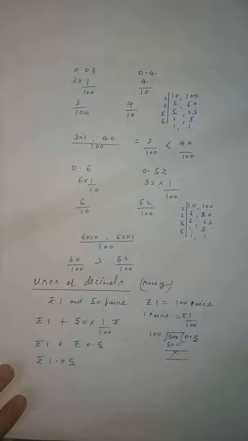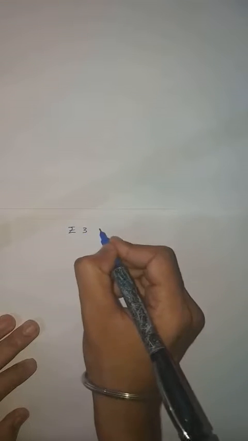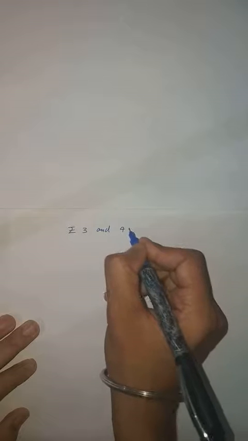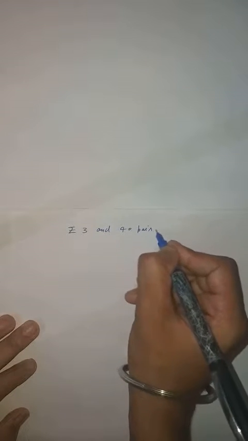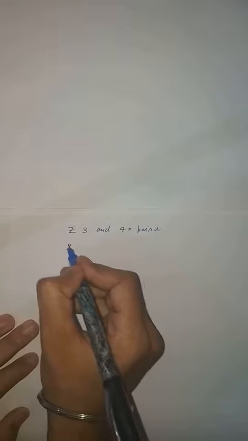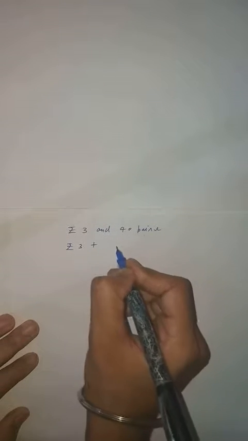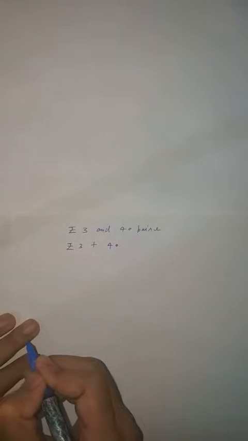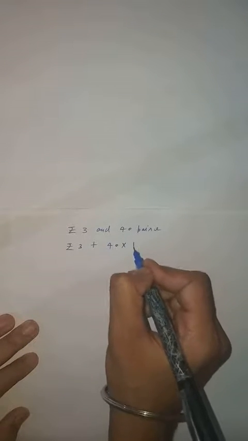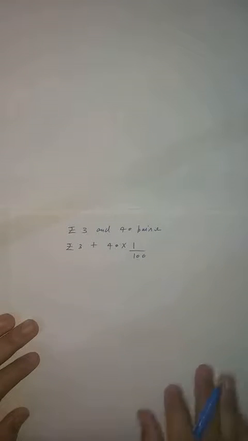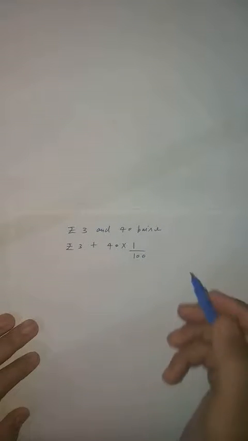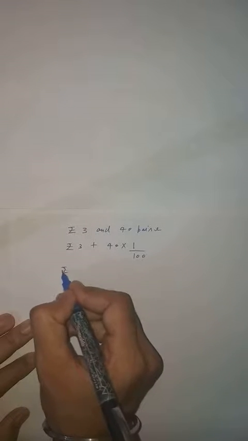This is very easy. Now take another example. Now student, come to another example. Just say it is given 3 rupees and 40 paise. Clear, student? So what you will do? Same process. Rupees will be the same and 40 paise is given. So 40, and 1 paise is equal to 1 upon 100 rupees, so multiply by 1 upon 100. Same process you will apply. Now what is given? 40 upon 100. So same you will apply. Rupees 3 you will write down the same.